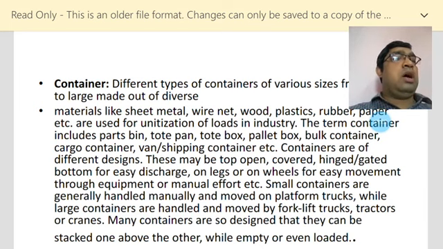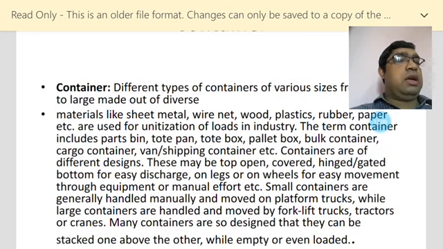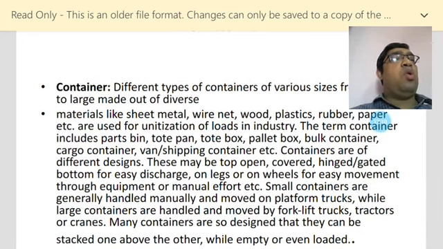You have to handle the wire net without hazard. Then you have to avoid this hazardous environment, by putting the wire net inside of the sheet container,